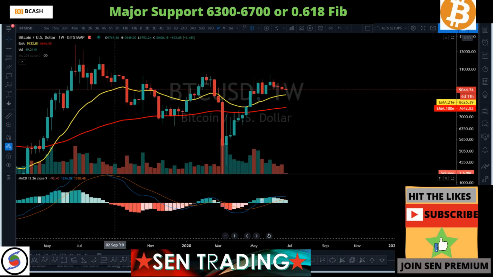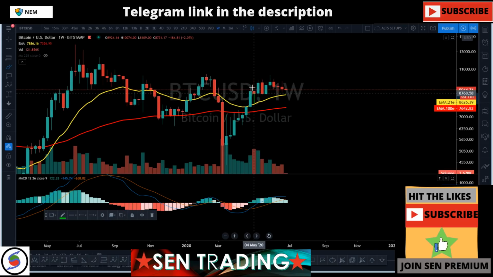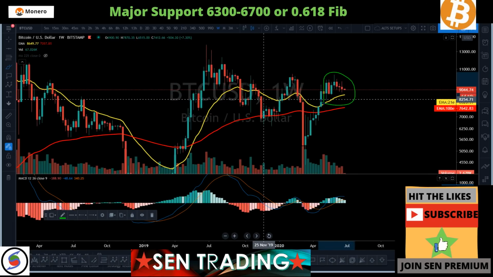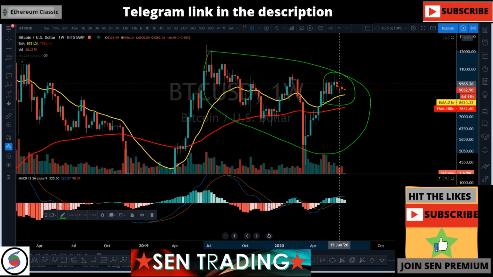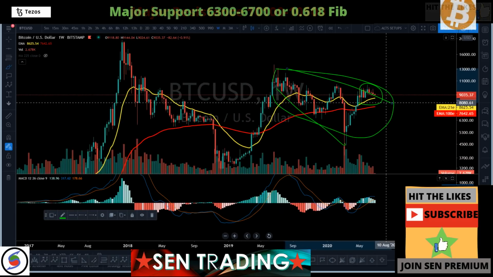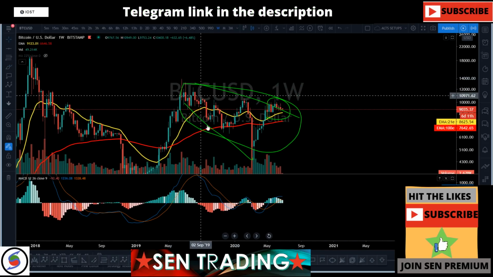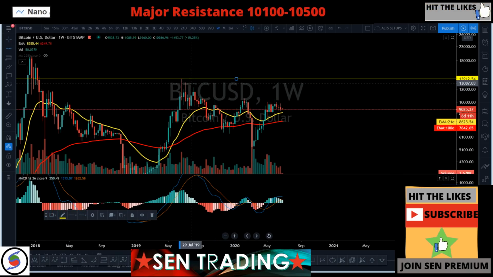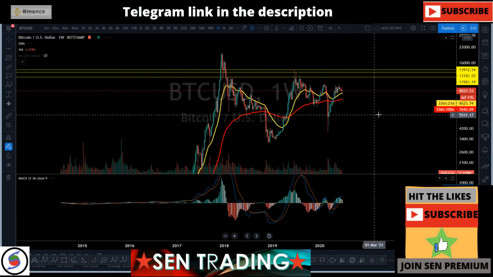Most people are going to be calling for a bull market over the last few months, few weeks. People have been calling for a bull market for the last 8 weeks, okay, and we've been moving sideways over the last basically 12 months. People have been calling for a bull market, and we're still making lower lows. So what do you want? Lower lows, lower highs. It can't be a bull market until we break at least 14k. Then you can start calling for a bull market and make a valid case, right? But as long as we're closing and keep closing below 14k and 12k and so on, you cannot expect BTC to push to the upside.